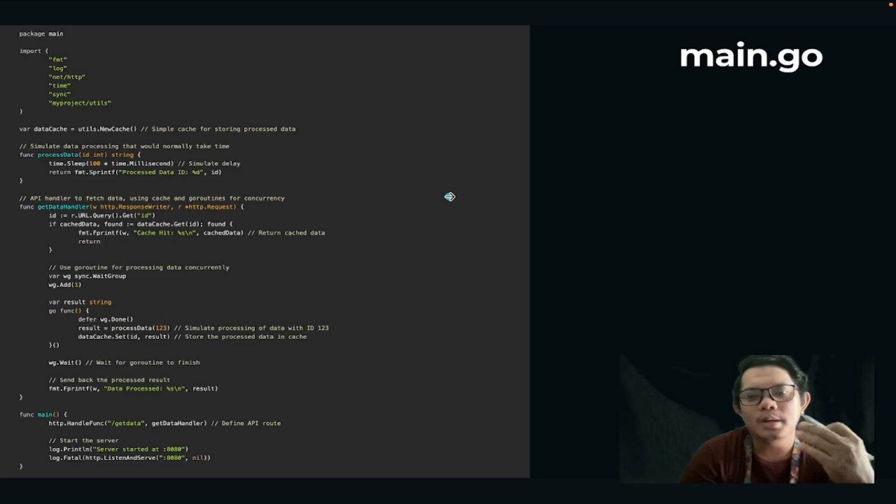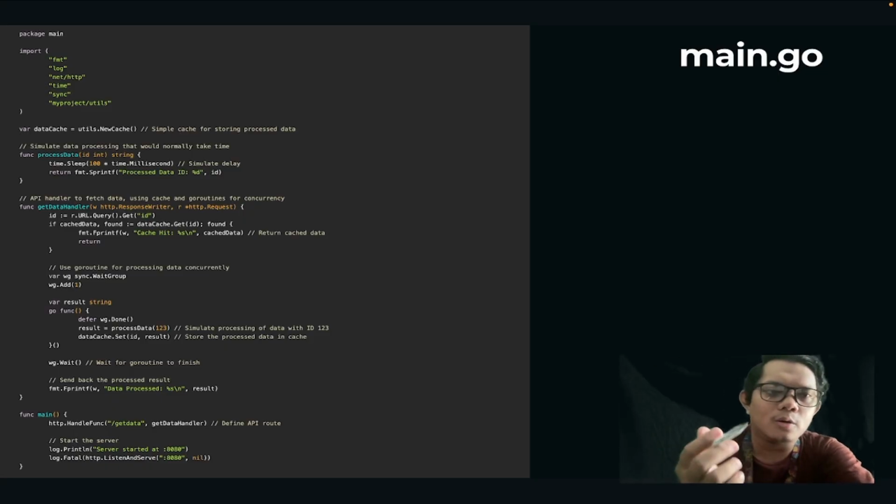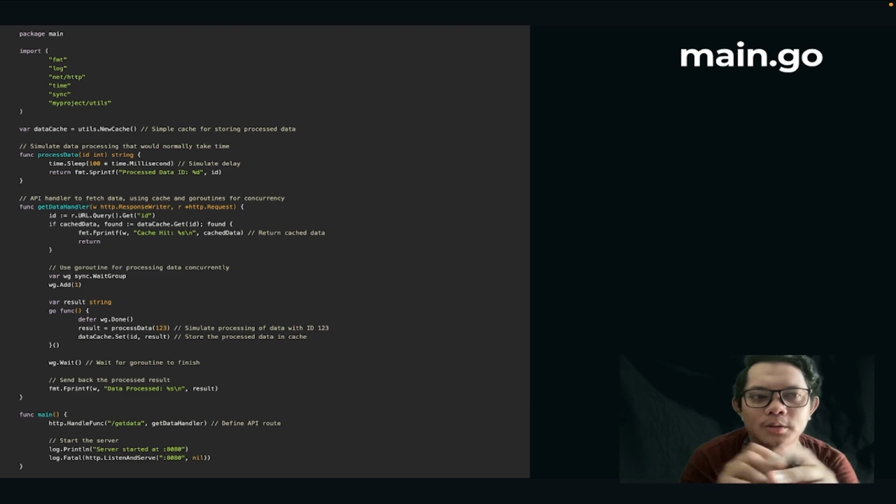So what makes this a small but big change? Here's the magic. The cache and concurrency are small tweaks, but they have a huge impact on performance. The first one is the cache. Instead of processing the same data over and over, we store it in memory and reuse it. So yeah, this will drastically reduce the processing time and server load, especially with repeated requests for the